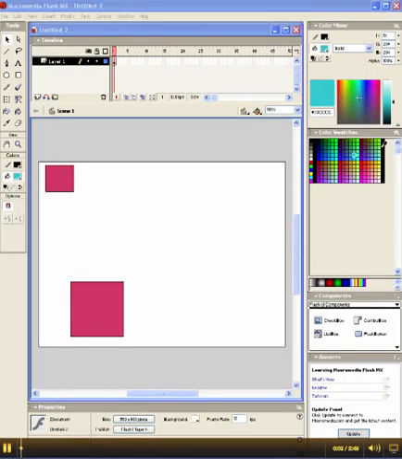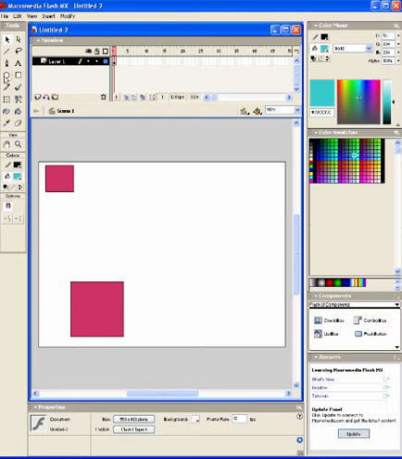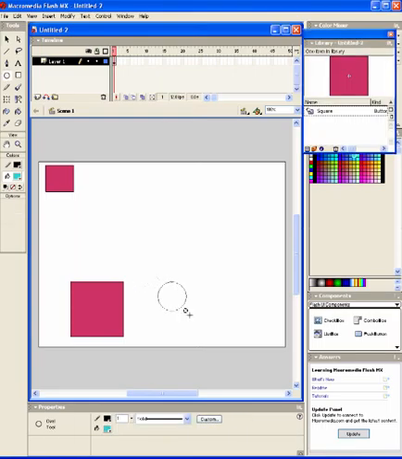Welcome back. Now we're going to have a look at making the circle. We've made the square and we'll go through the same process as we did for that. So this time it's going to be a circle. So I choose the tool I want to use to make the object. So I'm going to choose a circle here. I then draw a circle, remembering that at this point it is not a symbol, it is just an object